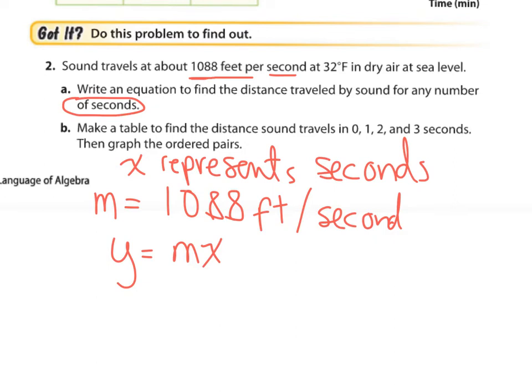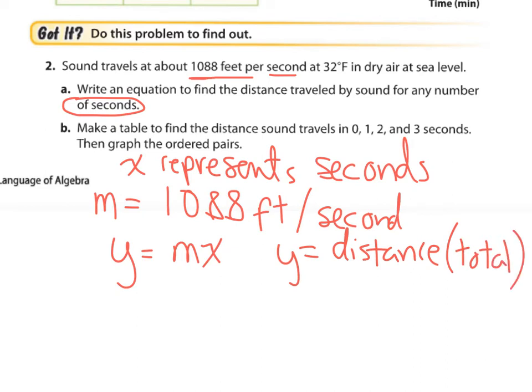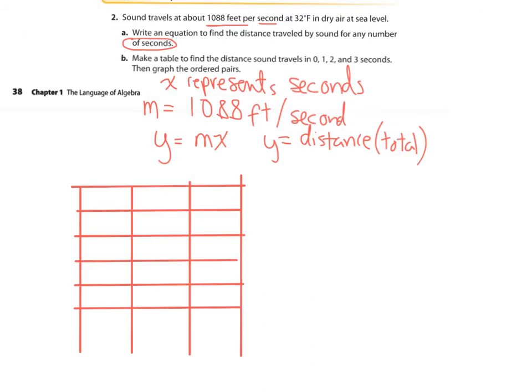So they want us to write an equation to find the distance traveled by sound. So y will equal our total distance. I forgot to write the word total, so I'll put it in brackets. Total distance. Make sure you're making note of this so that it makes sense to you. So go ahead and draw a table,